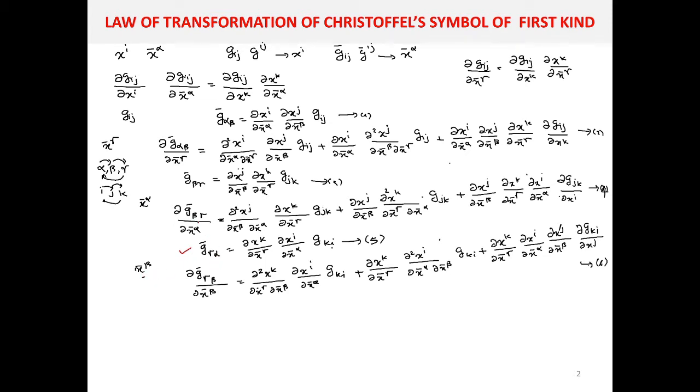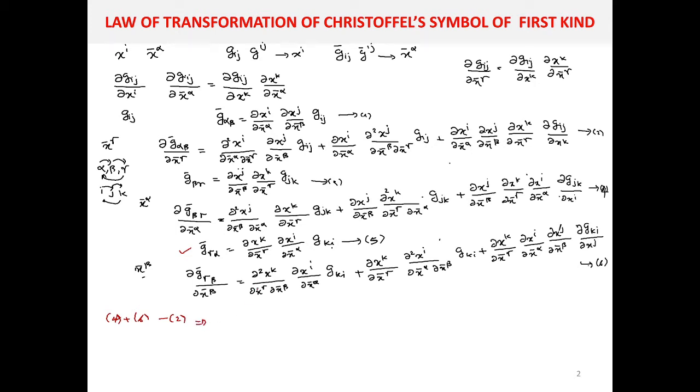What you have to do is just note equation number 4, and in this equation number 4 you replace beta with gamma, gamma with alpha, alpha with beta, i with j, j with k, k with i. You will get this particular equation. Now what we are going to do is add these last two equations, that is equation number 4 and 6, then subtract equation number 2 from the sum.